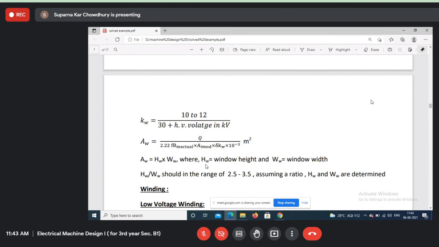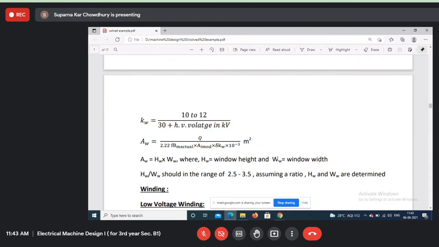Okay, do you have anything to ask up to this? Whatever this file I will send you, but this portion is available in any book. Ma'am, when do we have to submit? When do we have to submit this work, ma'am, which you have given? The problem I have already given, na, in the mail. Yes, ma'am, that one. That everyone has a single problem. Okay, ma'am. For your problem, just calculate up to the window dimension. Then we will discuss in the next class. Okay, ma'am.